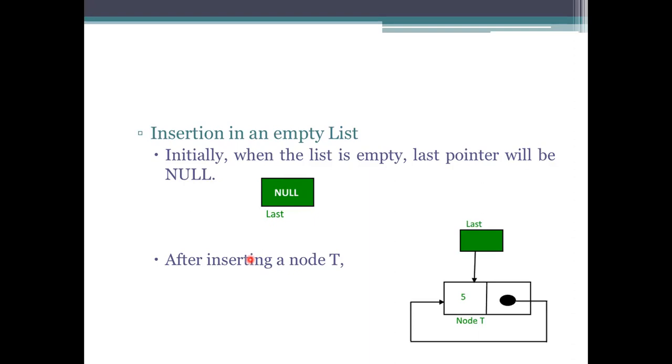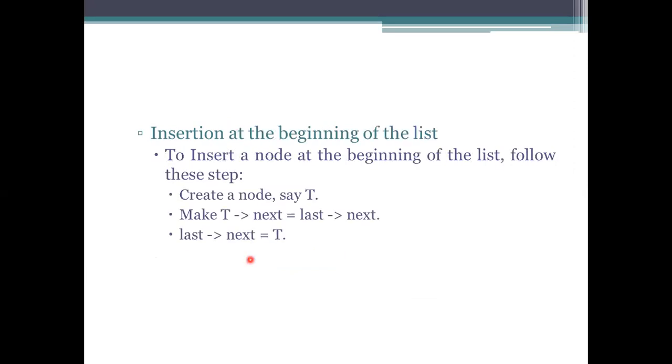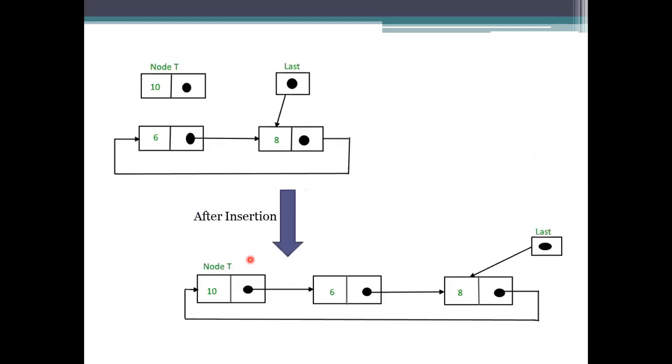As I said, if you are having a single node also, the next pointer will be itself only. Okay. So here we added the one value to that one. So this will include only that at the first step. If you are trying to add an element at the beginning of the list, meaning you are having one element and you are trying to add this one to this representation, first we need to make some manipulations to that one.